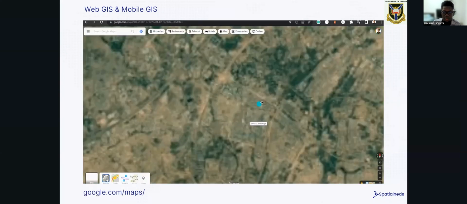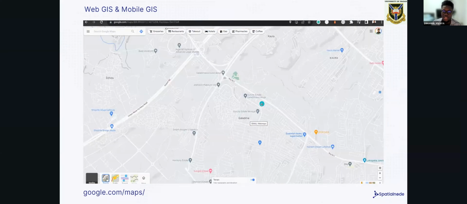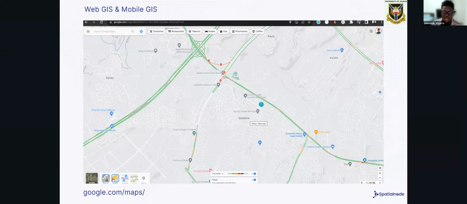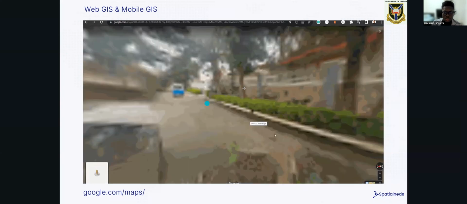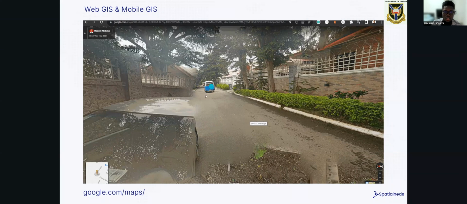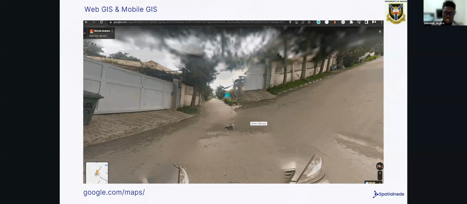Then this one you're probably familiar with. So this is the popular Google Maps. They are heavy users of GIS. So these are just lines to show traffic. And then you can also see street view. So this is just 3D panoramic images. So Google, they are trying a lot. They use GIS a lot, which is very interesting,